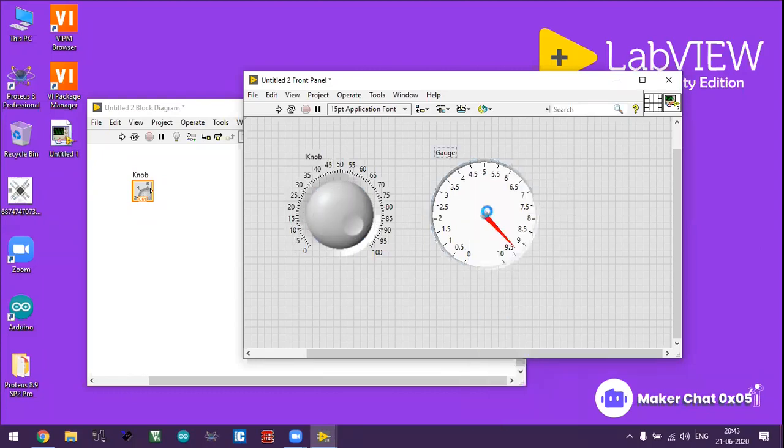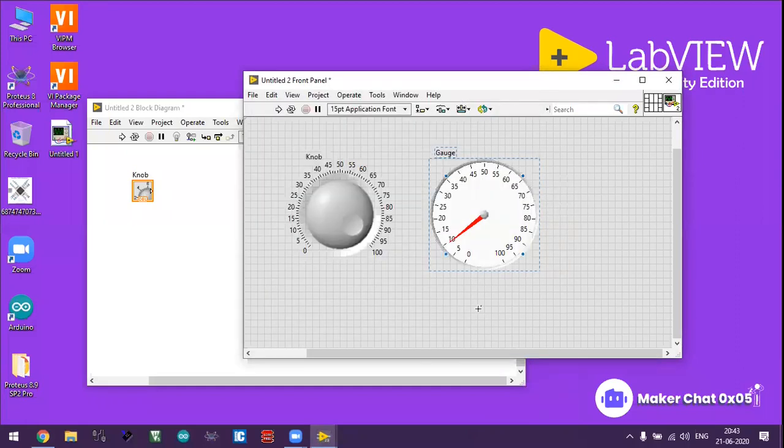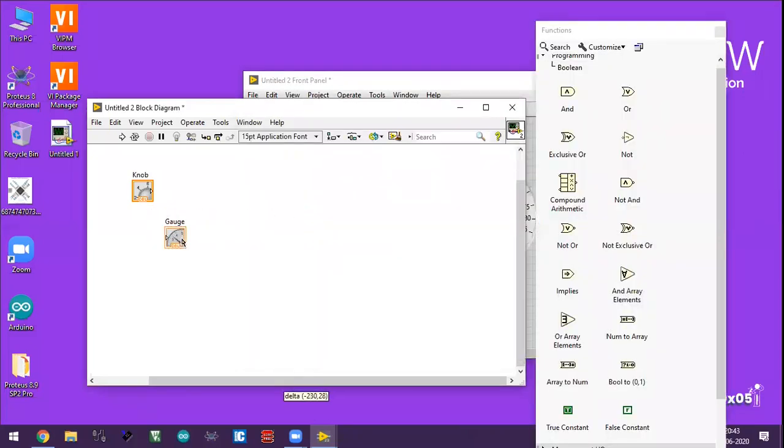So we have to go to properties, giving it the same values, minimum range and maximum range, 0 to 100. Okay, so it will automatically adjust. So now I have two blocks in the block diagram. If I connect this knob output to the input of the gauge, it will automatically connect.